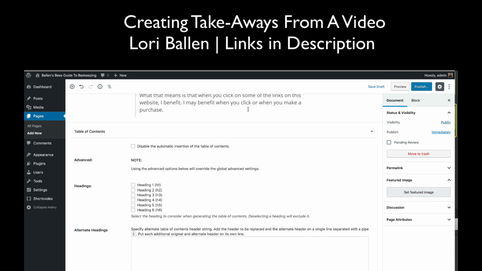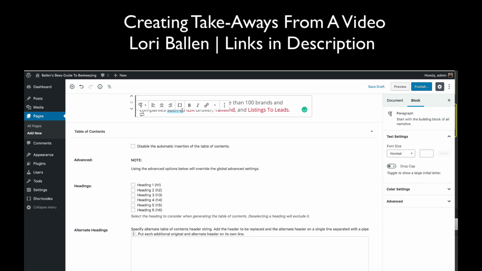See, most affiliate disclosures just say benefit when you make a purchase. But since I am involved in programs that pay me on the click sometimes, I want to make sure that's disclosed. I have affiliate relationships with more than 100 brands and companies. Now, what I do is I put whatever would be related to this particular website. Those IDX broker and stuff would not apply here, but Amazon would, and then I might put beekeeping,